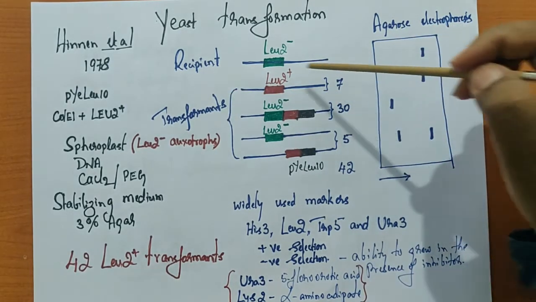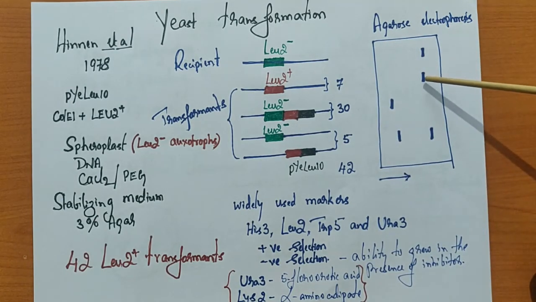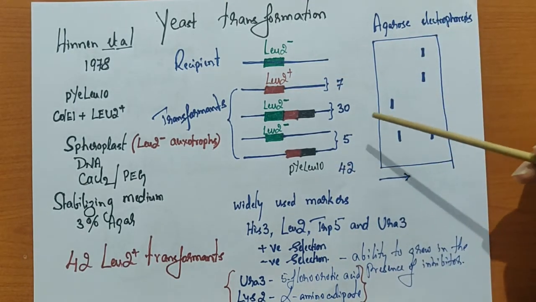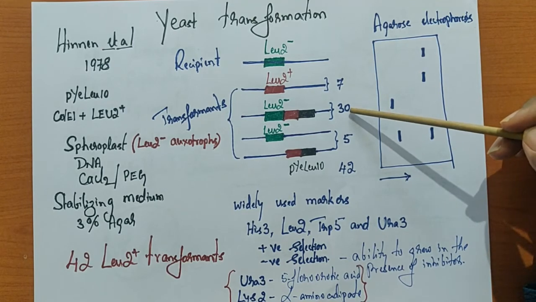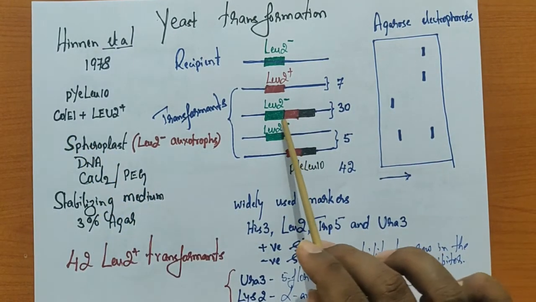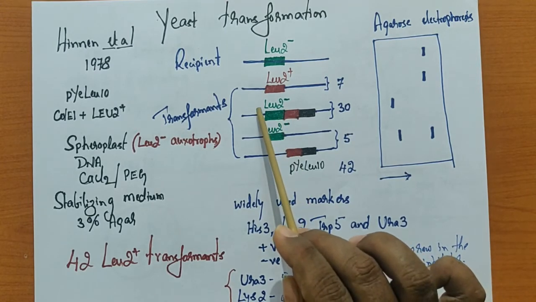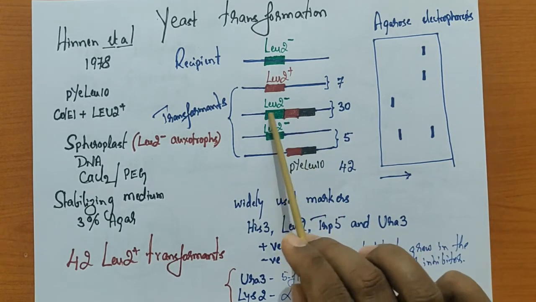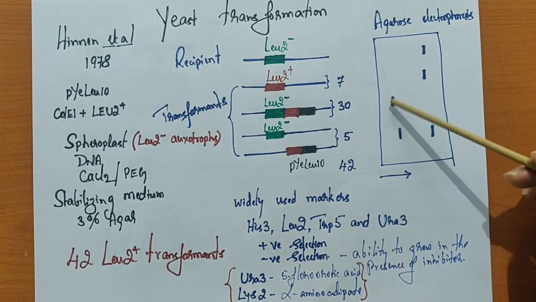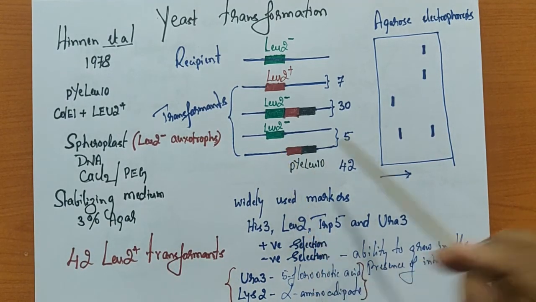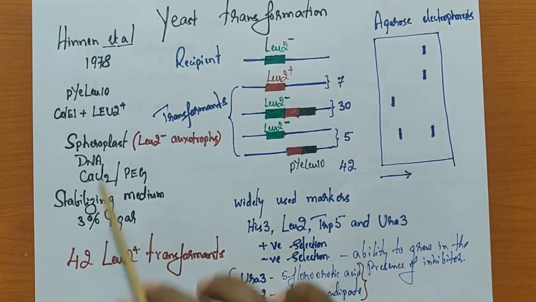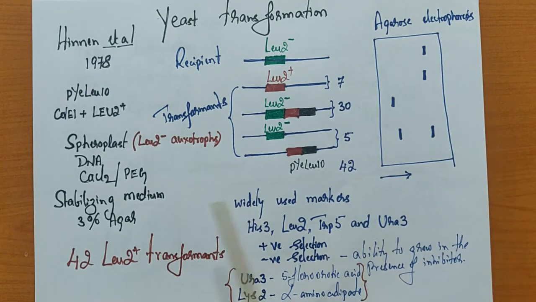Now when you analyze the transformants, 7 of them have the functional gene, but it is replaced with another one. When you take the 30 of them, this particular plasmid got integrated next to LEU2. So when we cleave with BamHI, this one doesn't have a BamHI site, but here is a BamHI site, so we are going to get a huge DNA piece in a larger region. Now for the 5 of them, we are going to get this gene as well as this gene product, BamHI in fact.